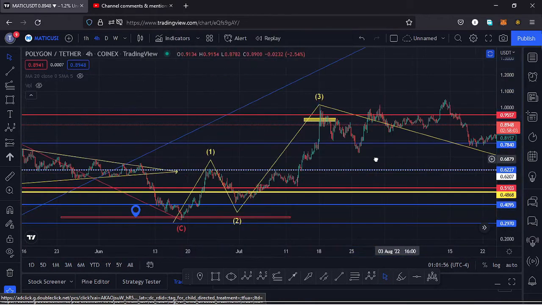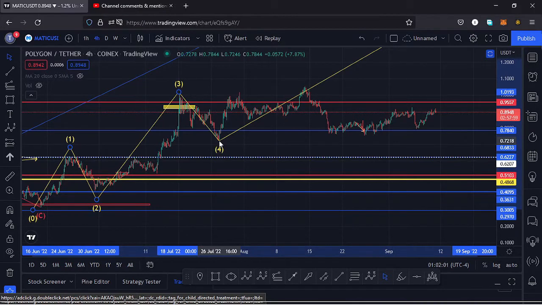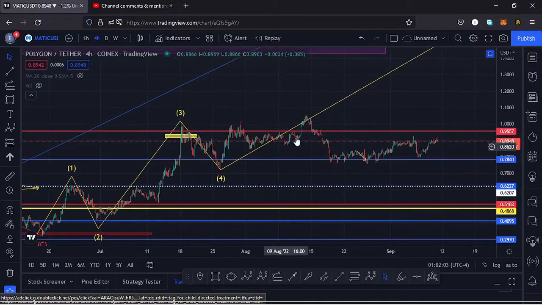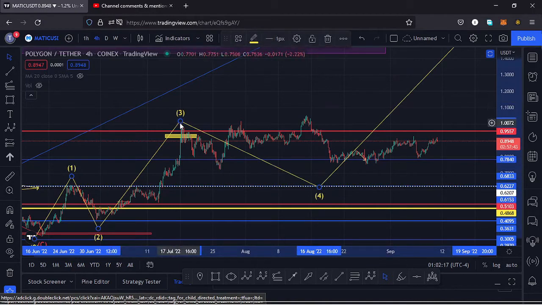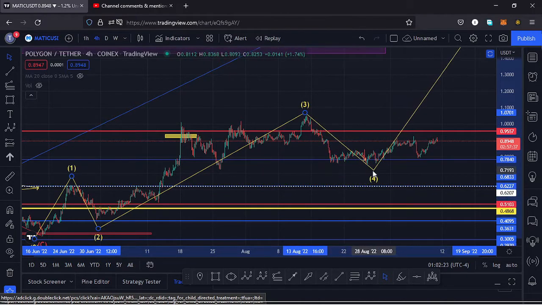Then I saw a very nice retracement over here in the formation of what I believed was a wave 4, but the moment we managed to break above the key area of resistance at around the $0.95 mark and made a new high at around the $1.06 mark, that made me change scenarios over here, having this new high as the high for that third wave to the upside. Then whatever we are seeing over here, this is a retracement to the lower side in the formation of a